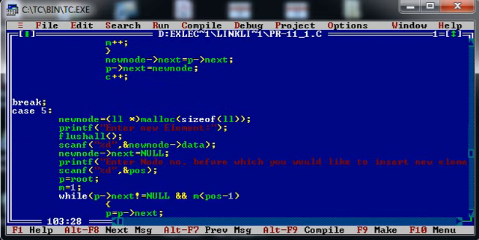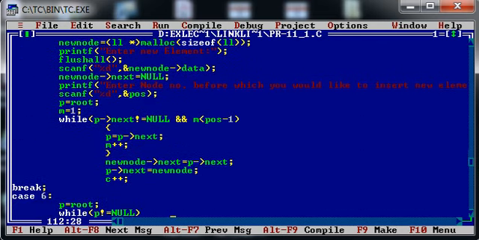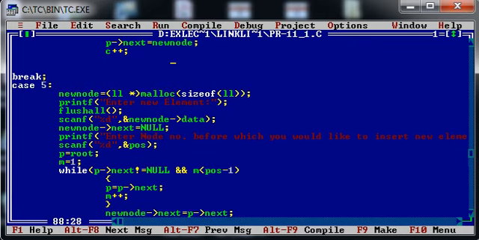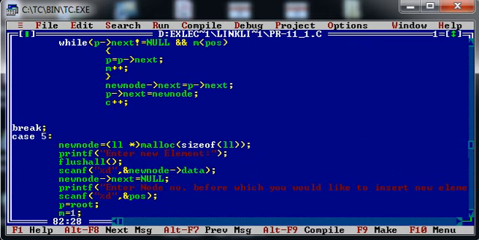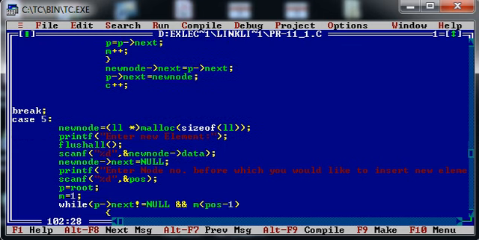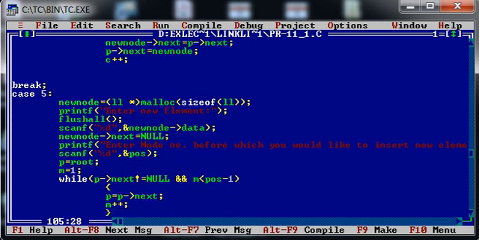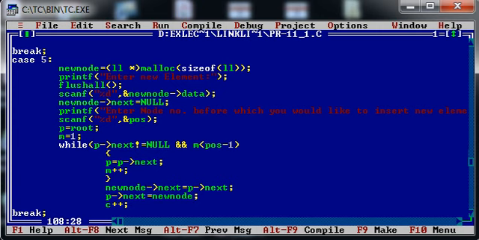Next case is insertion before the given node. Now in this case, the case is quite similar, only the difference is that we need to stop traversing before one node. So far as the earlier condition is concerned, I have applied the same logic, only the difference is that instead of writing m less than position, I have written m less than position minus 1. That is the only difference, because I need to stop traversing before one node, right? So the rest of the logic will be as it is,